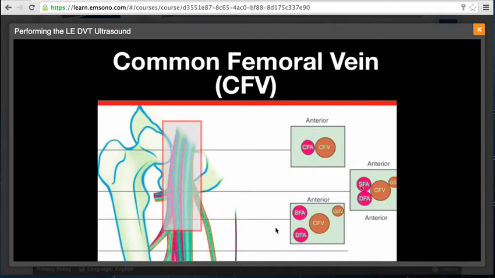Now as you move the transducer down in this patient's right leg, more distally, you're going to notice that the first vessel to divide is going to be the artery. So you're going to see the femoral artery and the deep femoral artery. You're still going to be seeing the common femoral vein, and you're going to notice the insertion of the greater